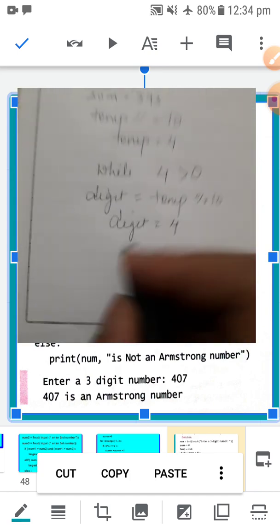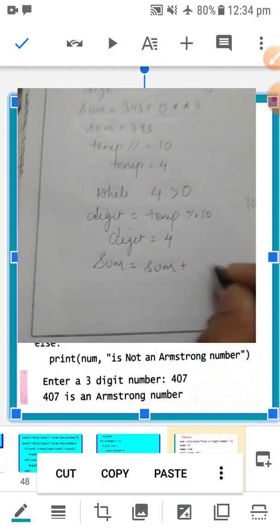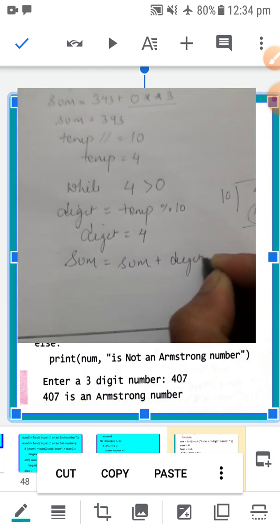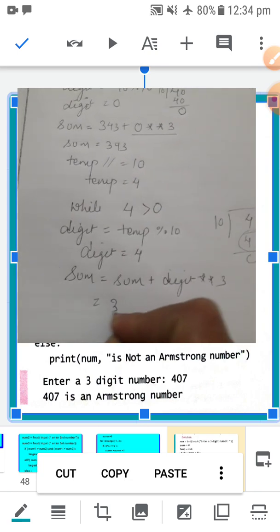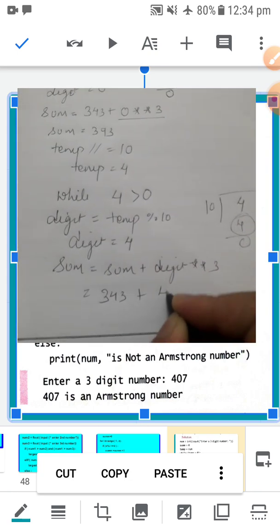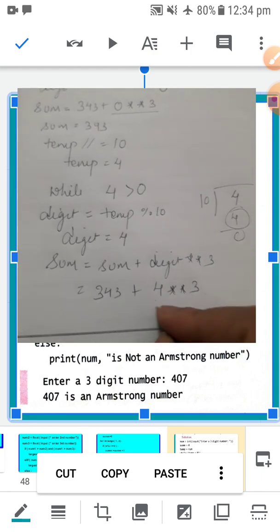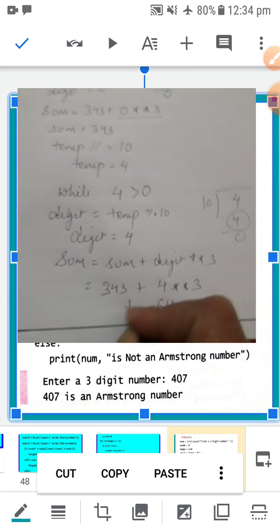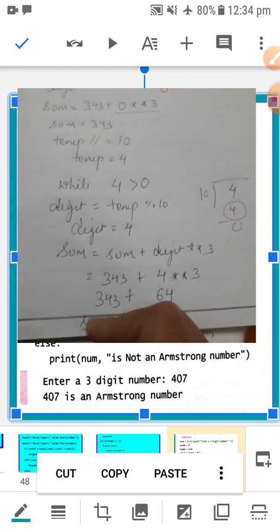Okay. Now sum equals sum plus digit to the power 3. Sum is 343, digit is 4, power 3. It means 4 to the power 3, that is 64. 64 plus 343, you will get 407 as the sum.